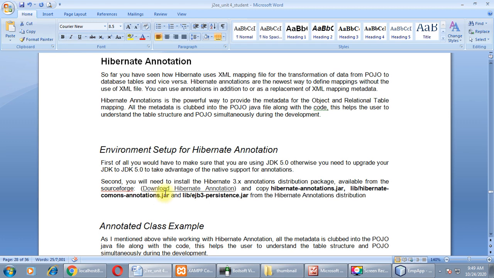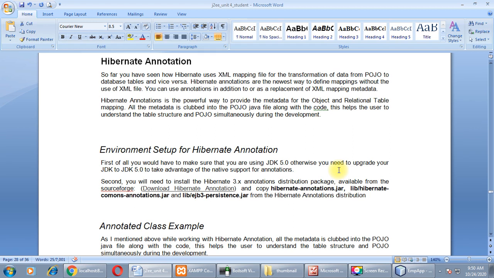First of all, you would have to make sure that you are using JDK 5 or higher version. Otherwise you need to upgrade your JDK to take advantage of annotation of Hibernate framework. You will be able to get the feature of annotation if you have JDK 5 or higher version installed on your machine.